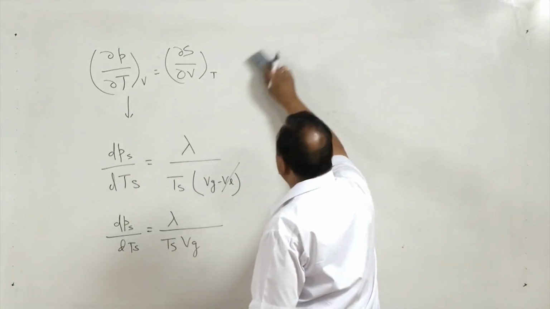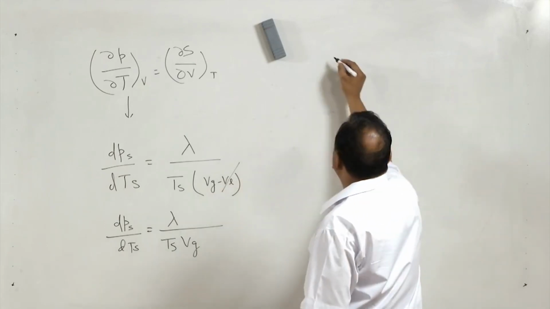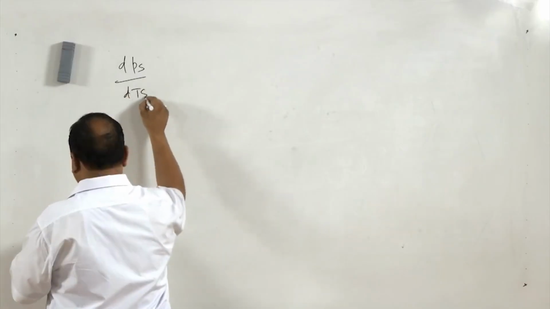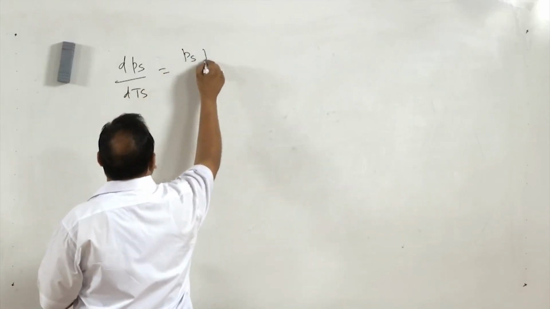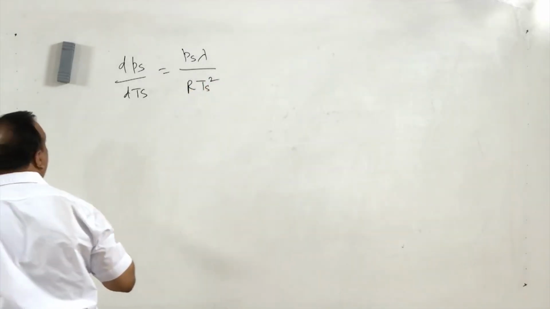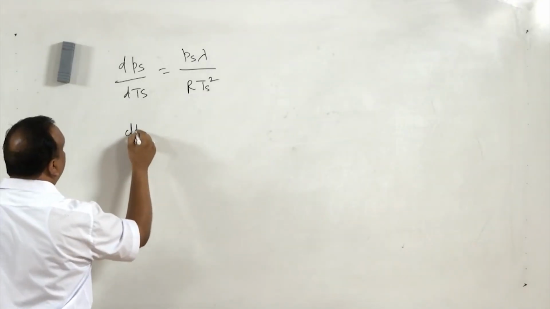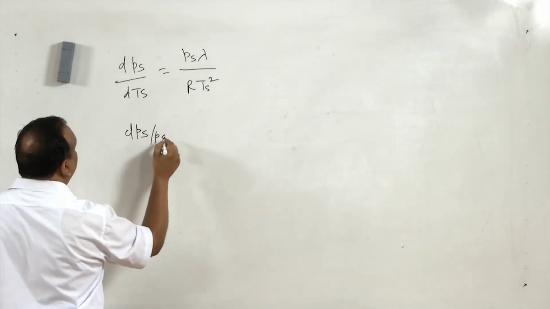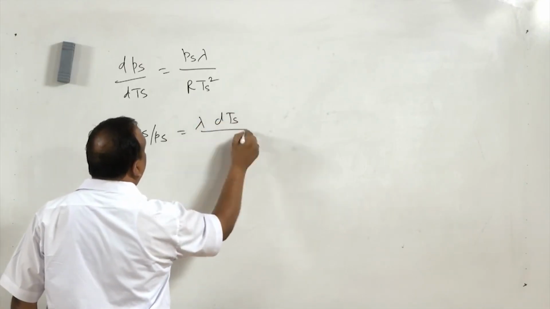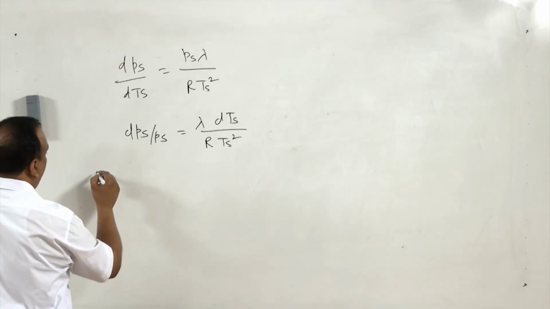Now, here for Vg we can replace Vg by RT over P. So, dPs by dTs is equal to Ps lambda over R Ts square. The further arrangement of this equation will give dPs by Ps is equal to lambda dTs divided by R Ts square. Now, we can further write it in differential form as